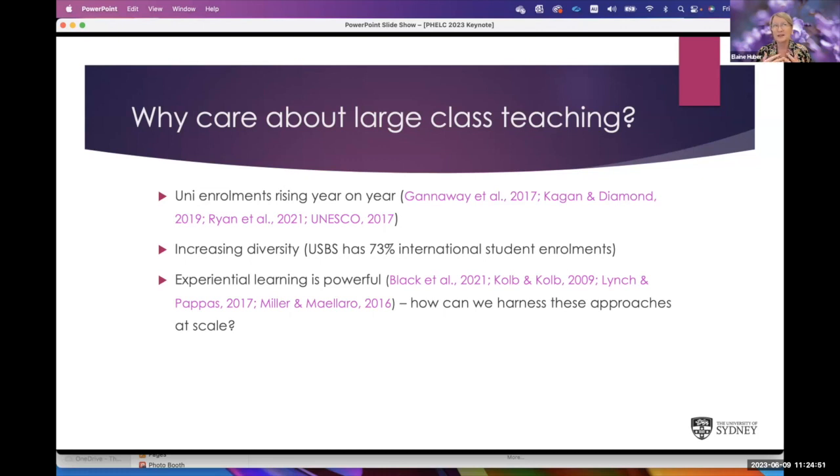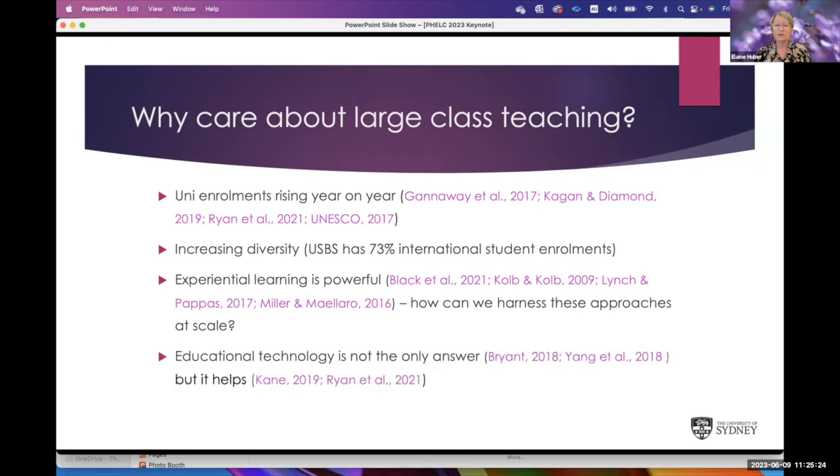So I want us to think about how we can harness some of the benefits and opportunities of large classes and deliver active and collaborative learning to them. What can tend to happen when we go large is that we revert to very didactic delivery methods because it's easier, and there are so many other things happening that we don't have time to experiment and do the more innovative approaches that we would like to do and can do in smaller cohorts.